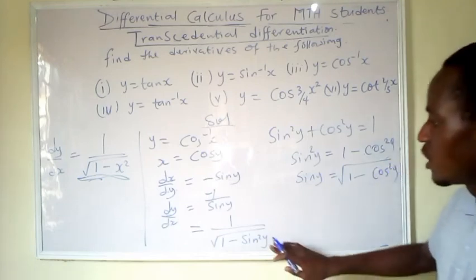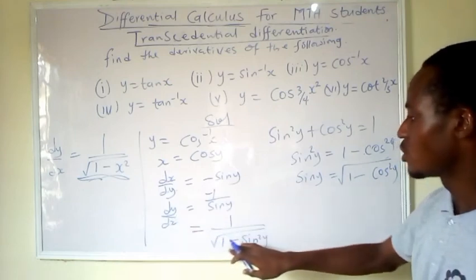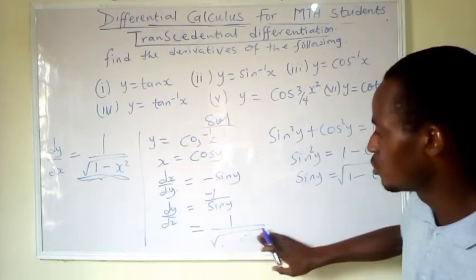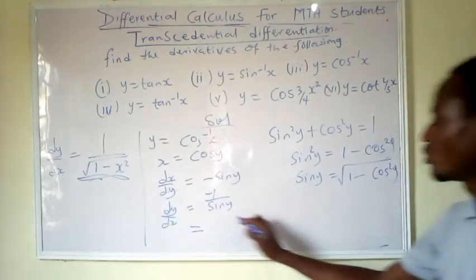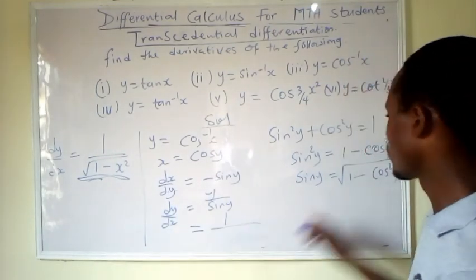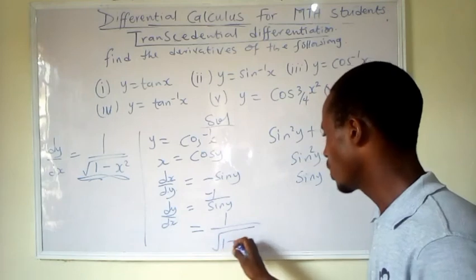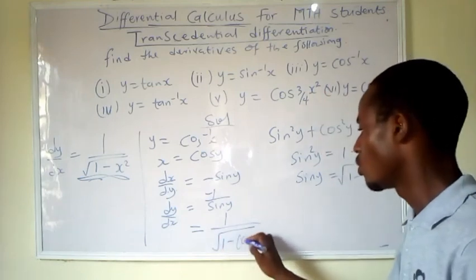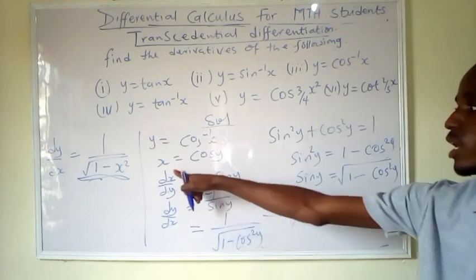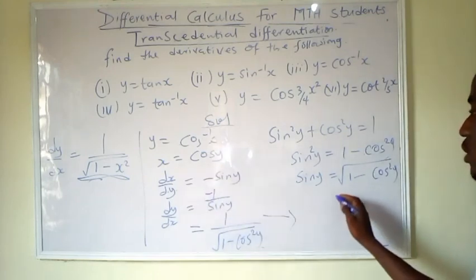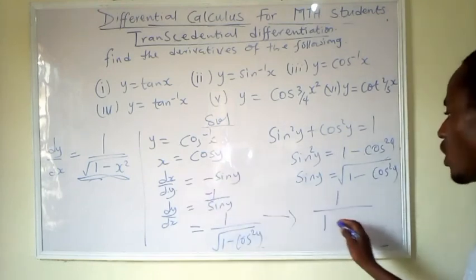Which implies that dy dx is equal to, if sine y is this, I'm going to have 1 all over the square root of 1 minus cos squared y. And that would give us, since x is cos y, dy dx to be 1 all over